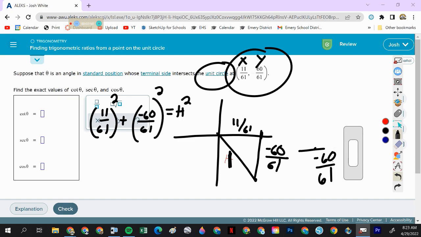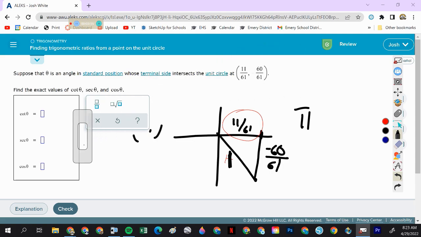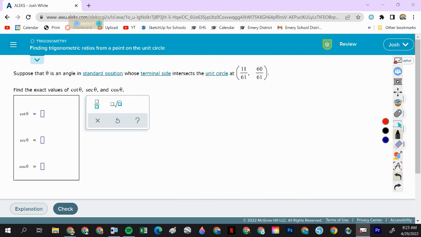Okay. The secant matches up with which trig ratio? Cosine. Cosine is the x value. So for the secant, we just take the x value and flip it upside down. 61 over 11. And the cosine is just going to be 11 over 61. Okay, got that? So it's nice when it's a unit circle,